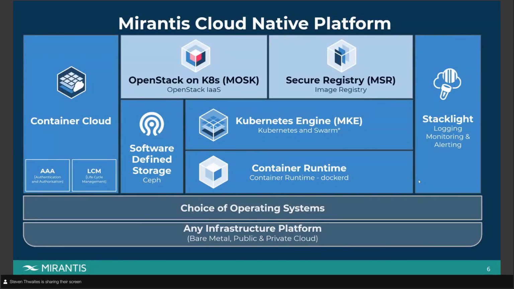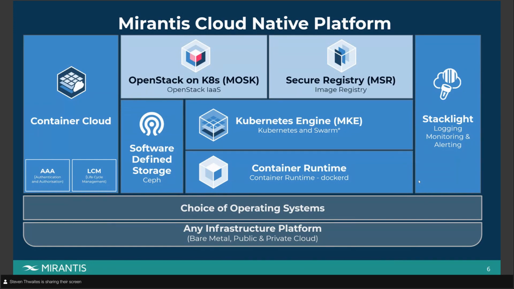So this brings together several components that can run on any infrastructure platform, so bare metal and private cloud and public cloud. You can work with your choice of operating system. So if you have incumbents, you have standards where you are, you can continue to make use of them without having to deviate if you do not need to, or if you can't for supportability reasons. And then on top of that, now we can deploy